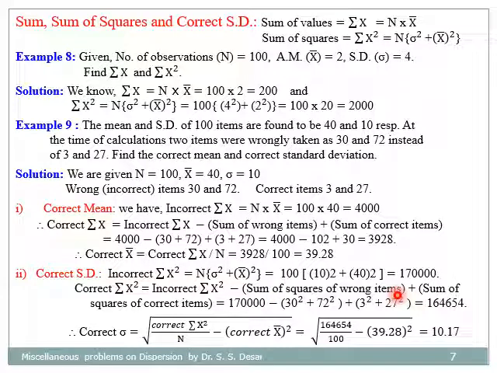Therefore correct summation of x square is equal to incorrect summation of x square minus sum of squares of wrong items plus sum of squares of correct items, and by substituting the corresponding values, this correct summation of x square becomes 1,70,000 minus sum of the squares plus sum of the squares. Finally, it gives us